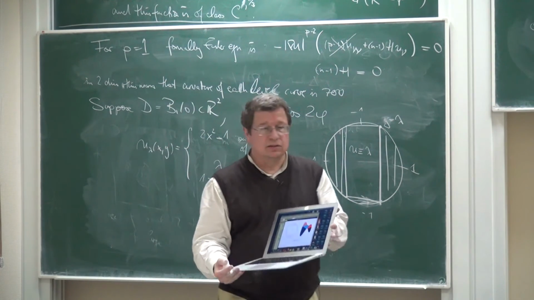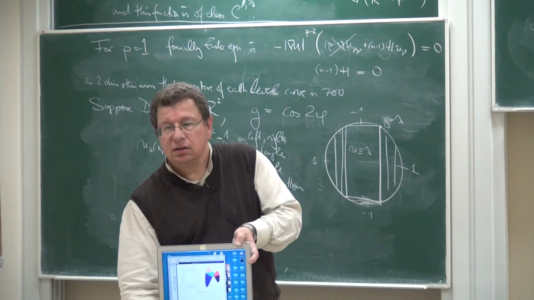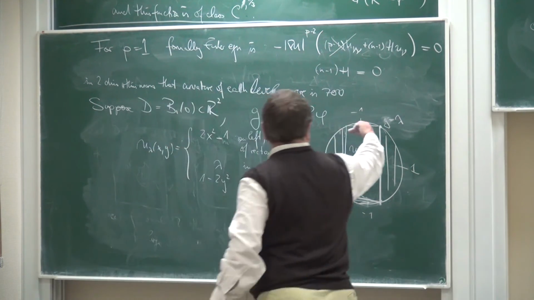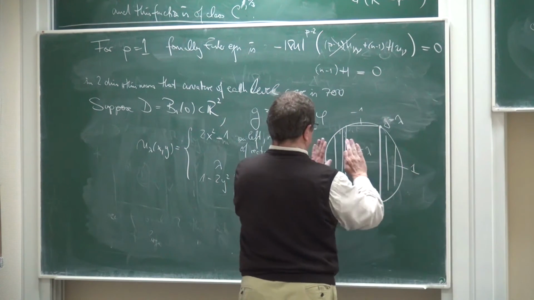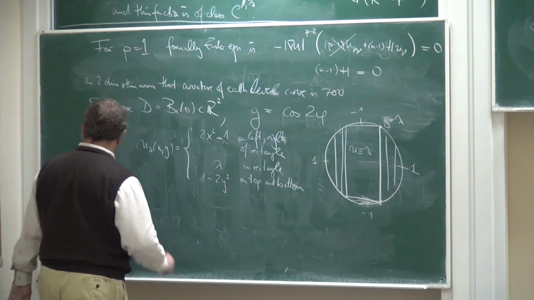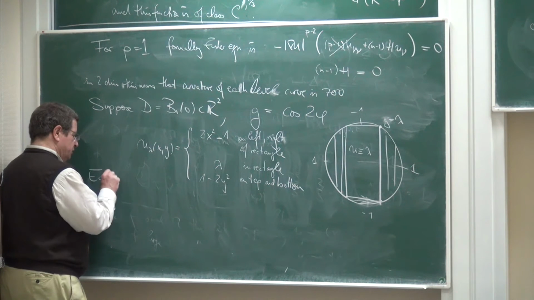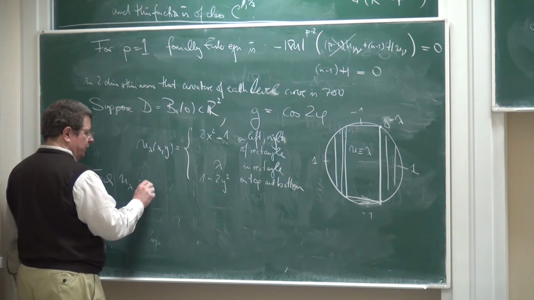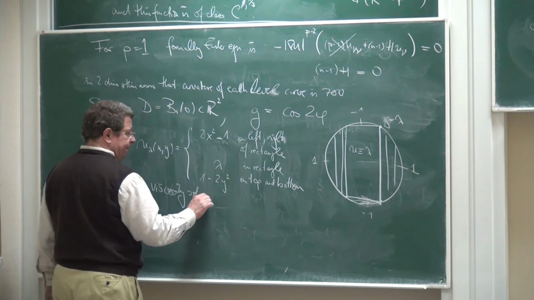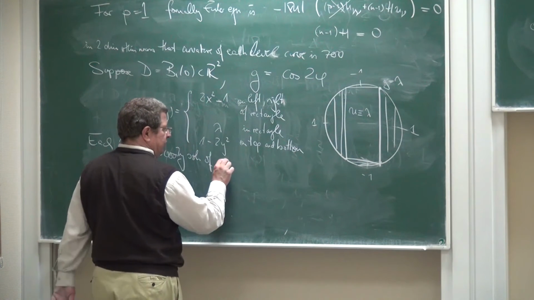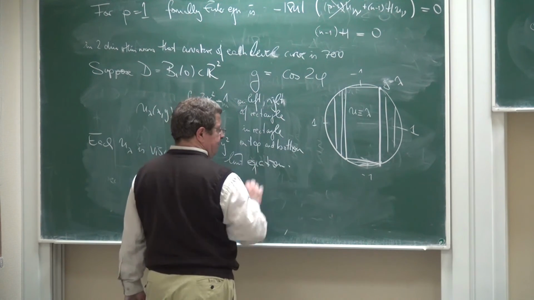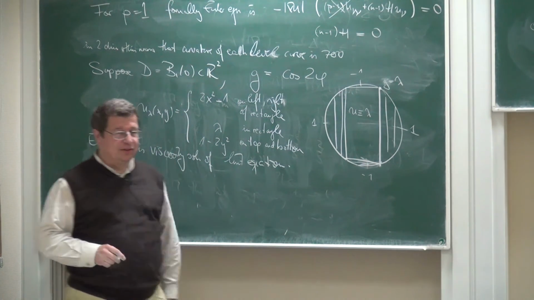And the graph looks like this. It is a paraboloid going this way and that way. One can show each u_lambda is a viscosity solution of the limit equation. So the limit equation has many viscosity solutions,